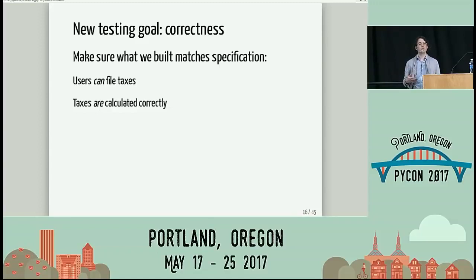Your software is never going to be an exact representation of your specification. There's always going to be gaps. There's always going to be things that are not quite right. So you want to make sure by testing. You want to test your software to ensure that users can actually file their taxes, that taxes are actually being calculated correctly. And